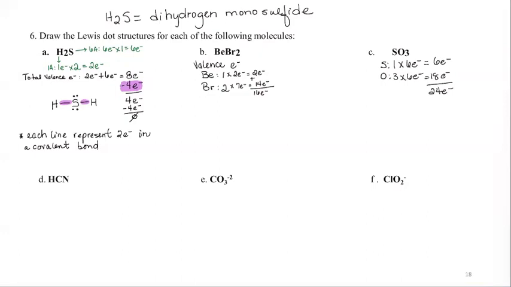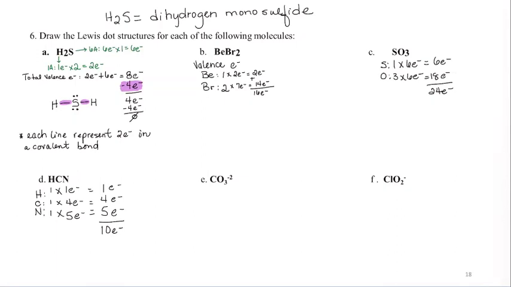In the case of HCN, we have a hydrogen, a carbon, a nitrogen. We have 1 of each. We're going to multiply it times the number of valence electrons that they each contribute. Hydrogen contributes 1 electron. Carbon contributes 4 electrons. Nitrogen contributes 5 electrons. 1 plus 4 plus 5. There's 10 electrons in this system. Okay. Now, if we look at